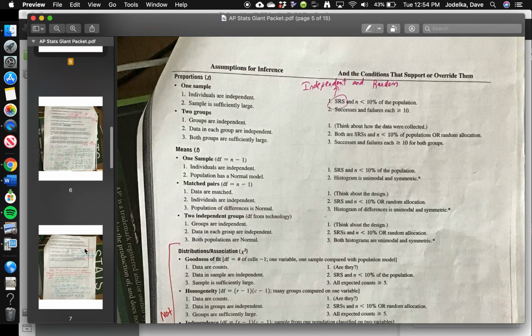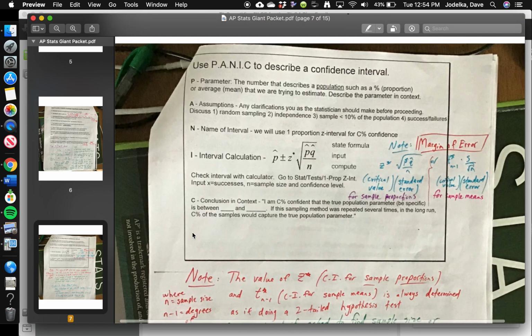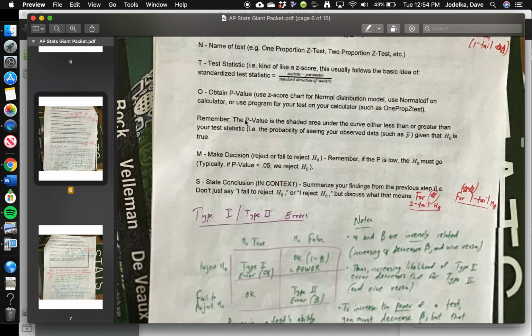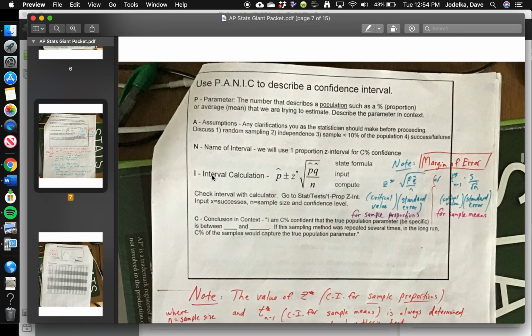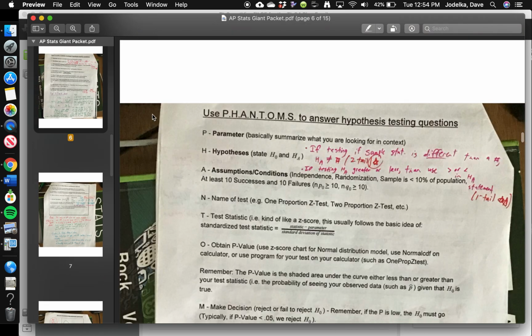Really, the nitty-gritty of what we're talking about can be found on this page with the acronym for a confidence interval and this page with our acronym for hypothesis testing. And I added some notes onto these pages to help you out. So getting back to a confidence interval, I'm almost positive you'll be asked to hypothesis test and find a confidence interval. The good news is the P and the A and the N in both PHANTOMS and PANIC is relatively